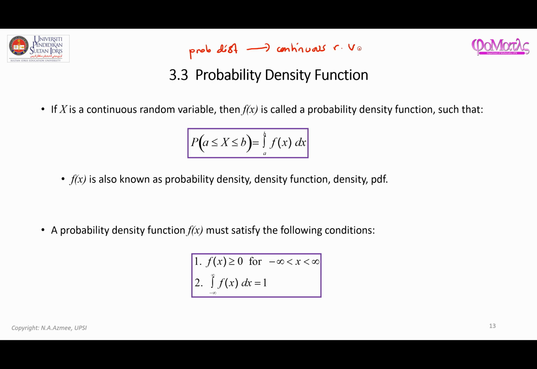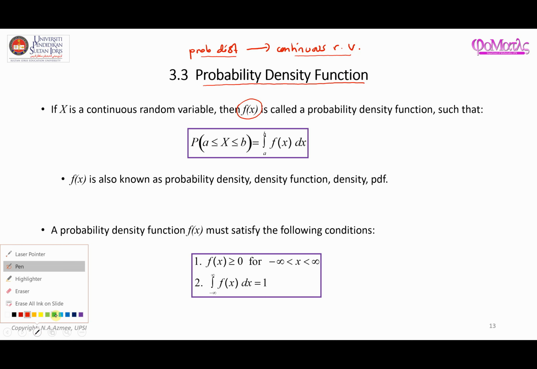In this video, I'm going to talk about the idea of probability distribution for a continuous random variable. When we have a probability distribution for a continuous random variable, it is also known as the probability density function. And it has the same notation, which is f(x), similar to what you have seen in the